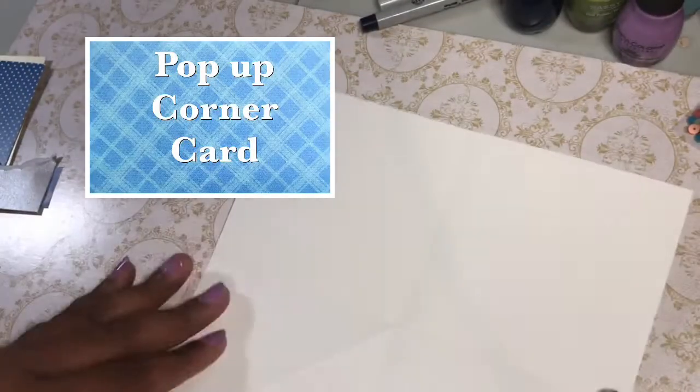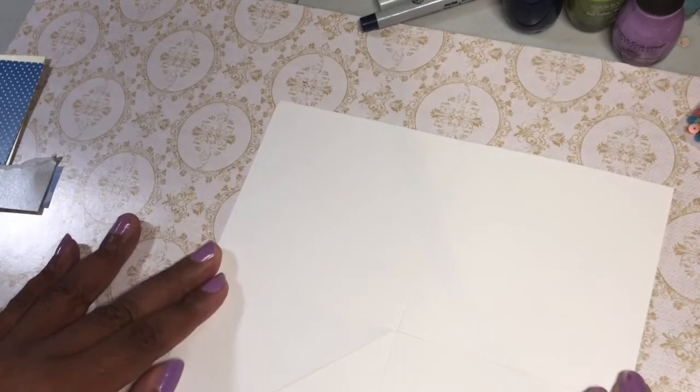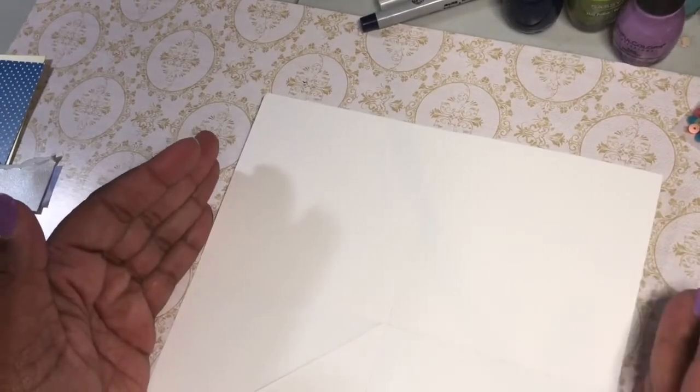Show you what you need to do. First off, you're going to cut a square. So you could use a 12x12. You could use an 8x8. Whatever size that you want that you can cut into, that's a square. Then you want to fold it,